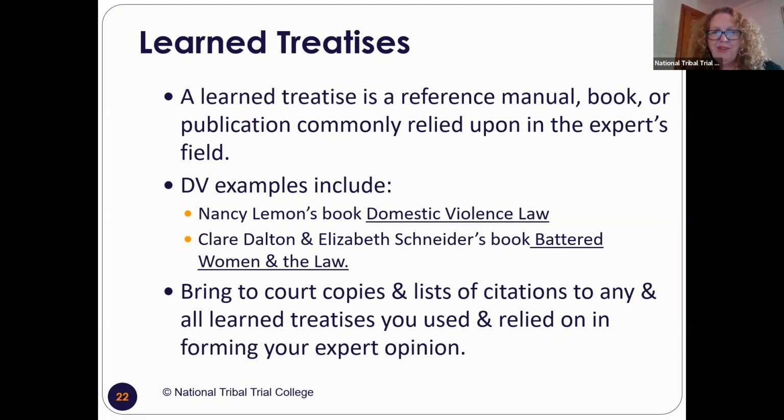Most of you are going to be in these Federal Rules of Evidence, Daubert jurisdictions, and all you've got to do is show this expert witness has more knowledge than the average bear, that you're smarter than the average bear about domestic violence. They have got training on it. They've worked in the area. They talk about it. They get funded for it. All kinds of things that other outside forces recognize them as an expert.